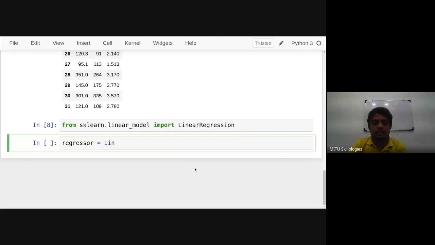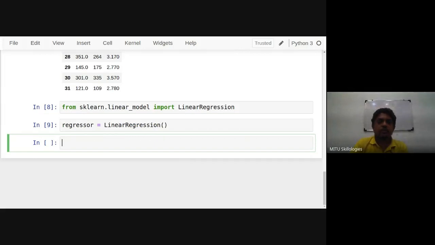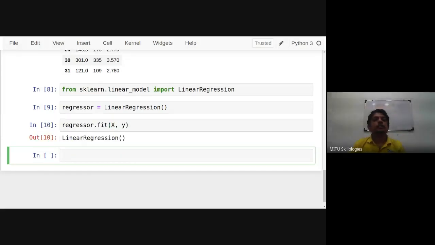So I'm importing it, and then the object of linear regression will be created. It's created. Now we'll train the algorithm. When you train the algorithm with the given data, it's done. Regressor dot fit. The object is created now. As we have seen in the equation of multiple regression, there are multiple coefficients present, and one intercept, meaning one value of c and multiple input variable coefficients. So what are they? That's already calculated here.